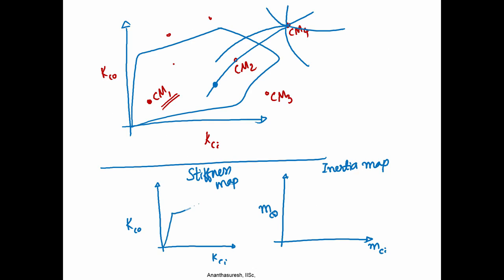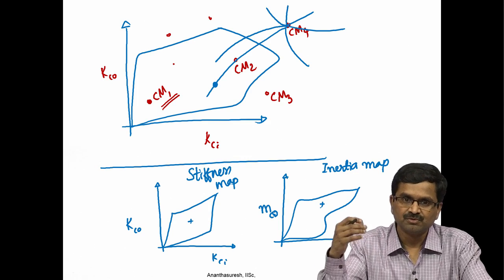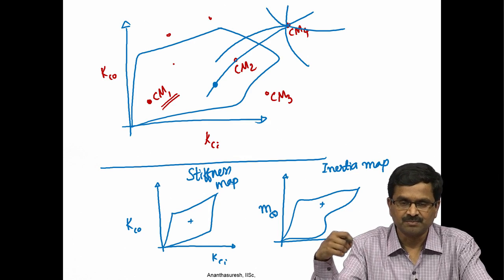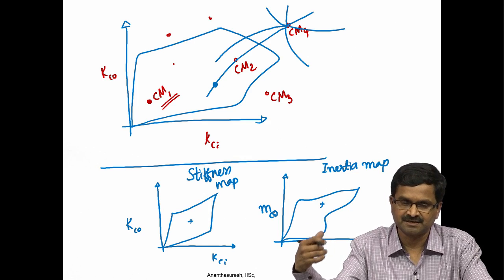So, there will be something here, there will be something else here. Now, when I click somewhere here, there will be an n value, and correspondingly there will be an MCI, MCO, because of the user specifications. In this case, in addition to input force, input displacement, output force, output displacement, actuator stiffness and external stiffness,